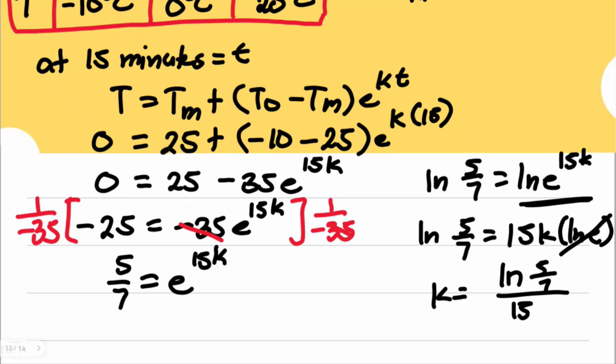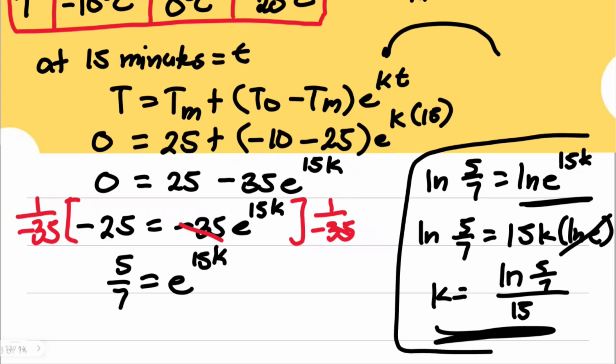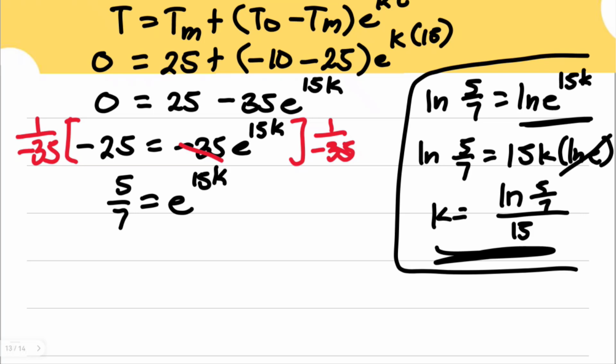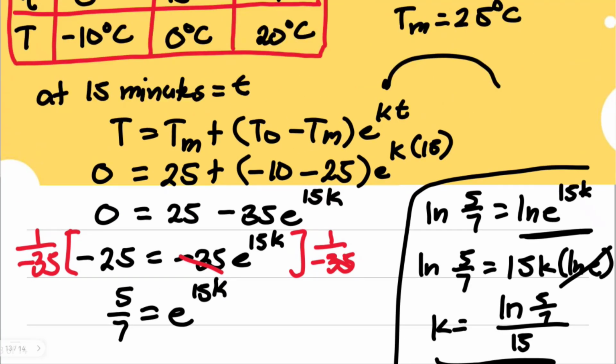But this is still not an exact value, and if we come up with an approximated value for that and later substitute it here, it will still be subjected to as an exponent of e. So my suggestion is, instead of solving for k, allow me to solve for e to the power of k. Because when I use e to the power of k, I will be solving the entire expression, not necessarily in the form of a value with decimal places.